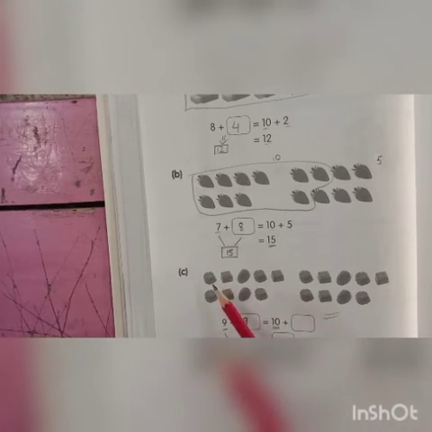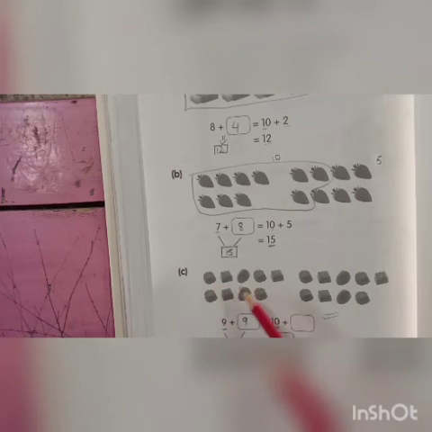Now in the C part, these are your favorite thing, chocolates. What you have to do there: how many chocolates are on the left side? 1, 2, 3, 4, 5, 6, 7, 8, 9. 9 chocolates are on the left side, as already written. 1, 2, 3, 4, 5, 6, 7, 8, 9. 9 chocolates are on our right side. 9 and 9. When we add 9 and 9, it makes 18.